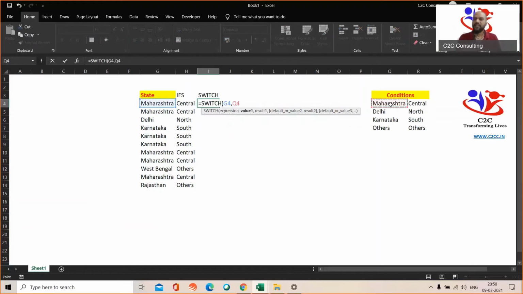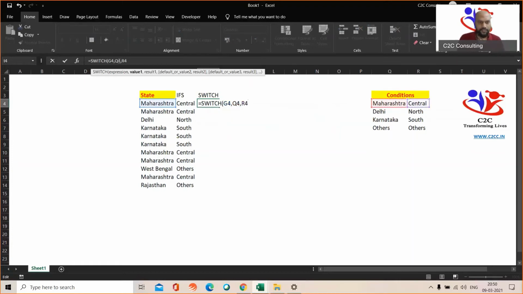So basically it is creating internally in the switch the expression from G4, which is this cell Maharashtra. Next is separated by a comma. It is actually doing G4 is equal to Maharashtra from my database and trying to map that. So that's the difference between IFS and SWITCH, but both technically give you the same output. Then I get central. So let me freeze this so that I can copy paste for the remaining data. Same way, I'll continue to do this. So this becomes much more convenient for those of you who don't want to write an is equal to kind of a condition.